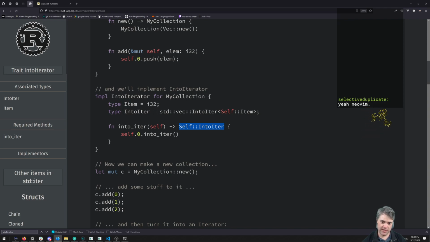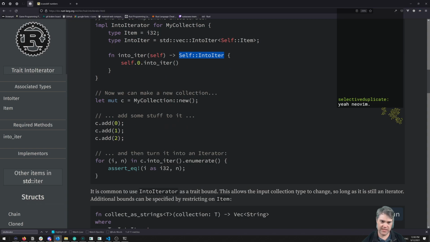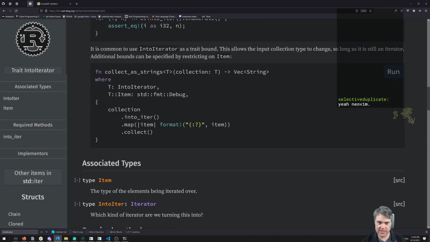Okay, so IntoIterator for this, then we can do that. It's common to use IntoIterator as a trait bound. So like, hey, I only want this thing if it can do an iterator, then you can do stuff like, you know, collect and